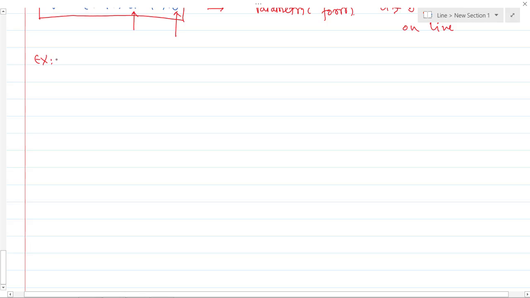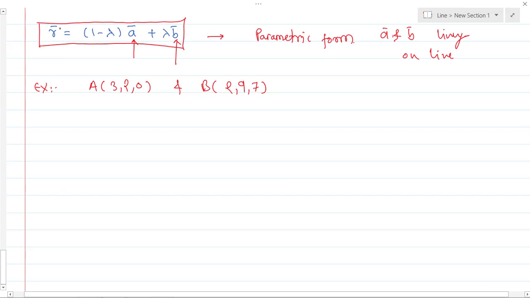Example is like this. Find the equation of line passing through A(3, 2, 0) and B(2, 9, 7). Find the equation of line passing through these 2 points. So what we know, if line is passing through the points, so this is what the equation of line in